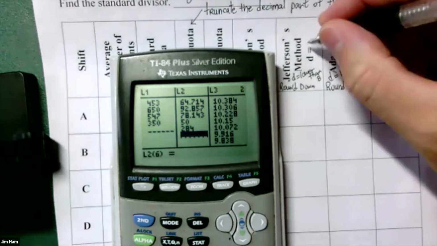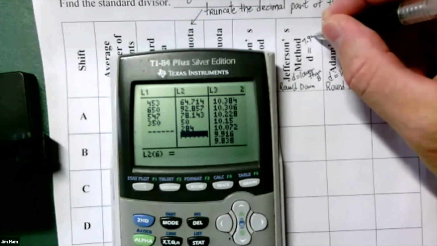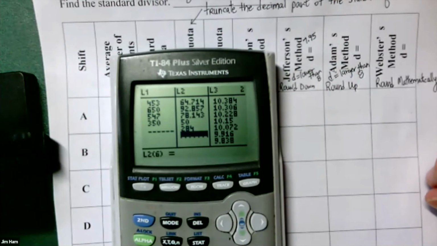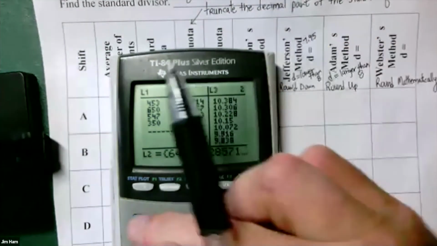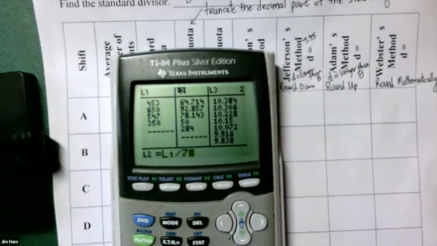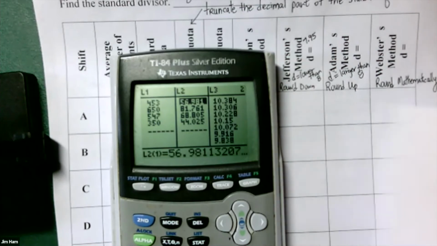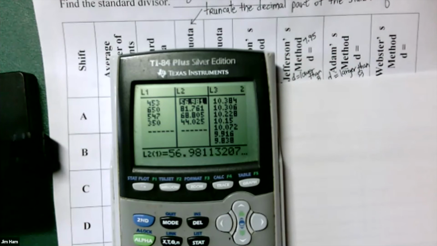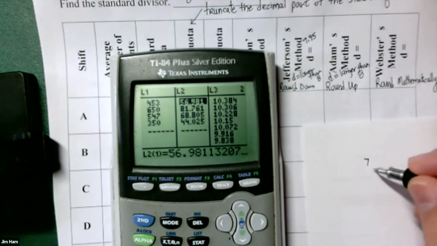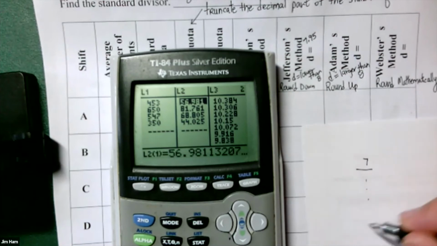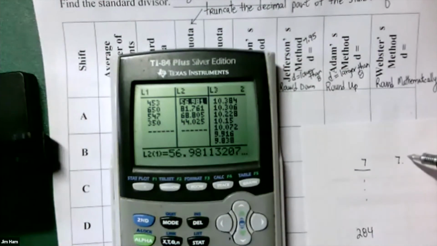So let's try 7.95. That's lower than 8, but not by much. So I'm going to come up here, and instead of dividing by 7, I'm going to divide by 7.95. You probably want to keep a scrap piece of paper handy and just keep track so that you can narrow down onto the appropriate divisor. So when we did 7, I forgot what we had already. I think it worked out to 284. So now we're doing 7.95,